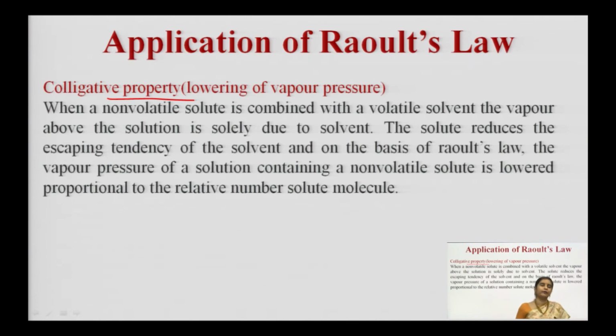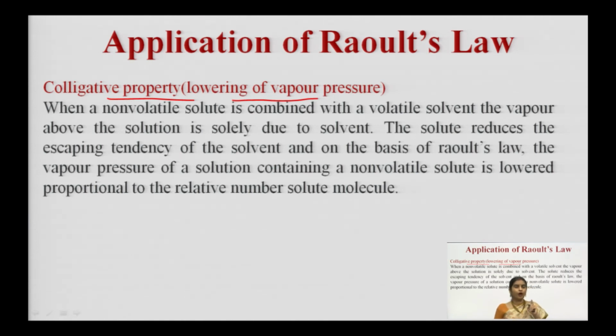What do you understand by colligative property? Colligative property means the property which is due to the number of solute molecules. It may be due to the number of molecules, number of ions, number of particles, means it depends on number. It does not depend on the nature of the particle, but on number. So, there are 4 colligative properties, and the lowering of vapor pressure can be explained by using Raoult's